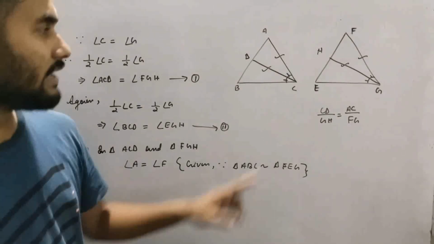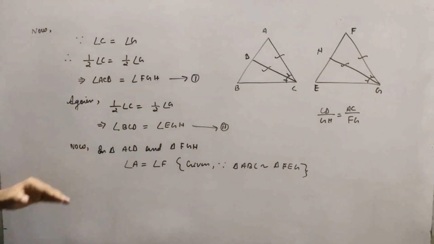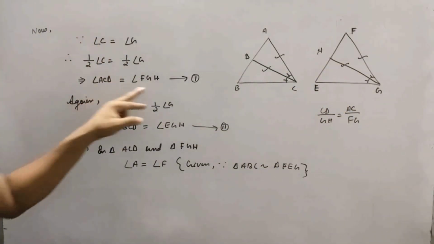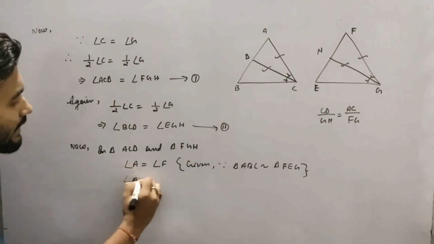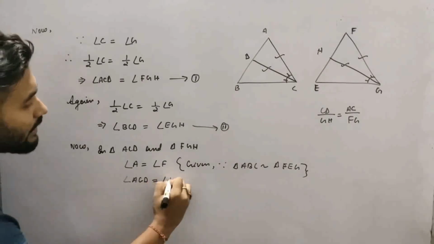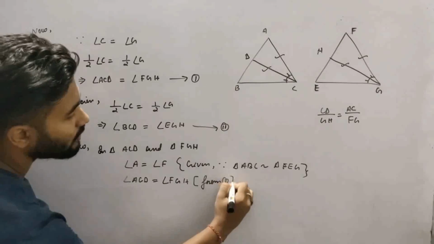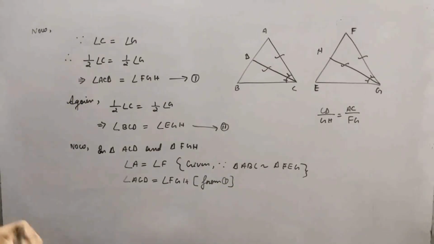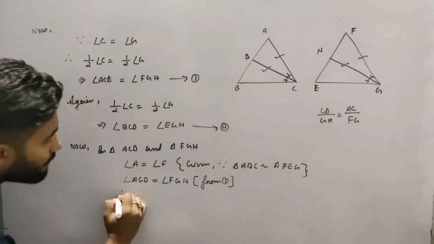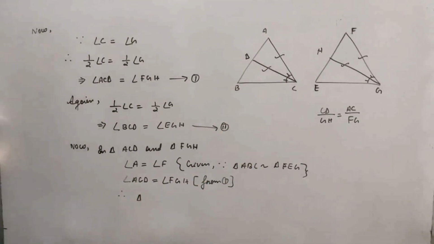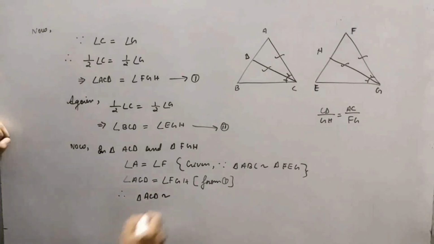Next, what is equal? This top angle is equal to this top angle, we have already done, right? This top angle name is ACD, and it is equal to FGH. Already done, right? Angle ACD is equal to angle FGH from equation 1. Done. So two angles we have got. So we can conclude that therefore triangle ACD will be similar to triangle